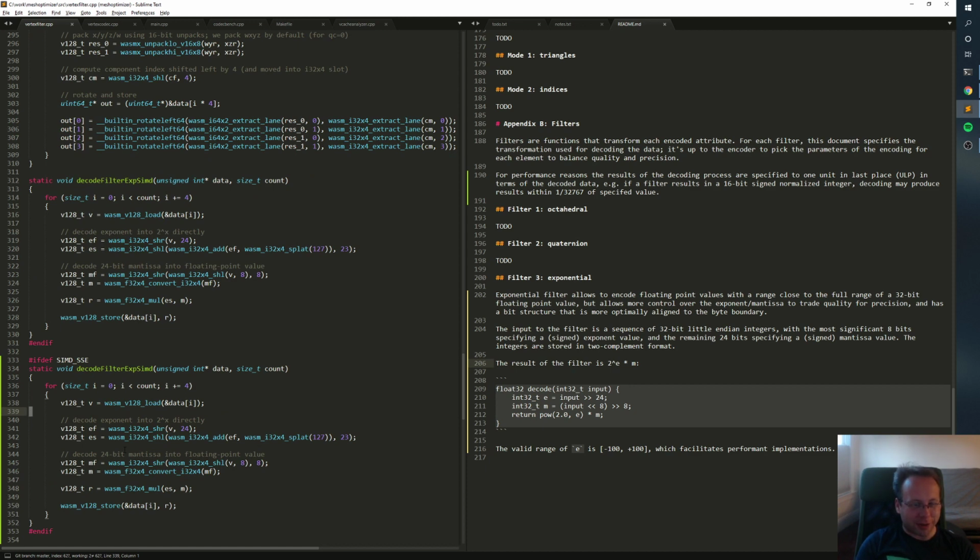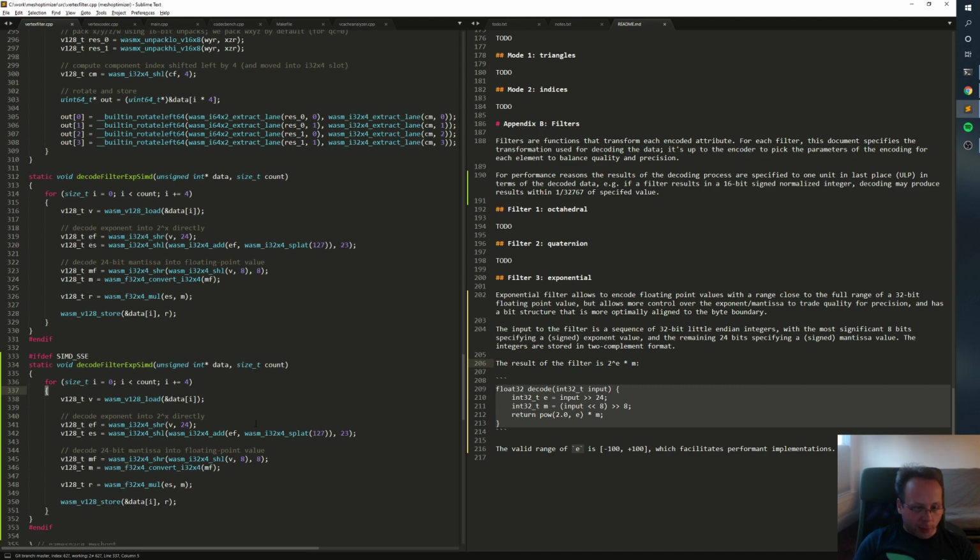It's not a terrible idea to define these as macros, or as functions in terms of SSE code, and then you can write WebAssembly SIMD code and it just compiles onto anything. It's not the fastest way to do this though, so anyway,